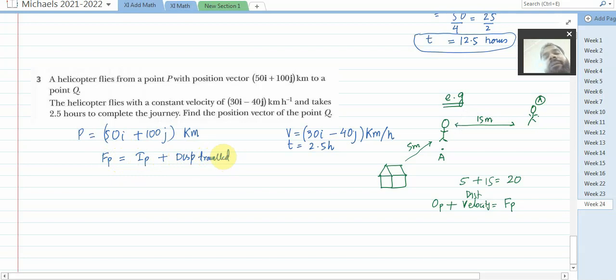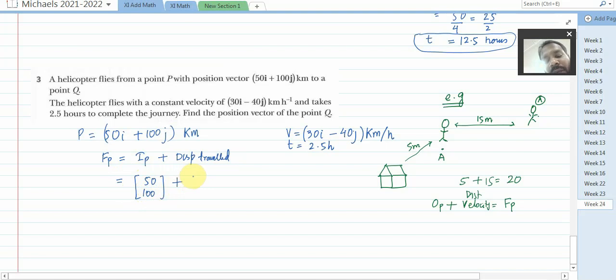Alright, the initial position of that helicopter and the displacement traveled, we need to add them to find out the final position. The initial position as given was the point P, which is 50i and 100j. That is the initial position, plus